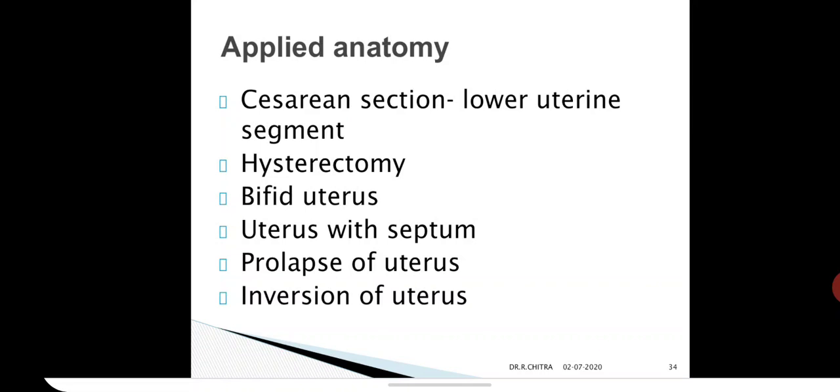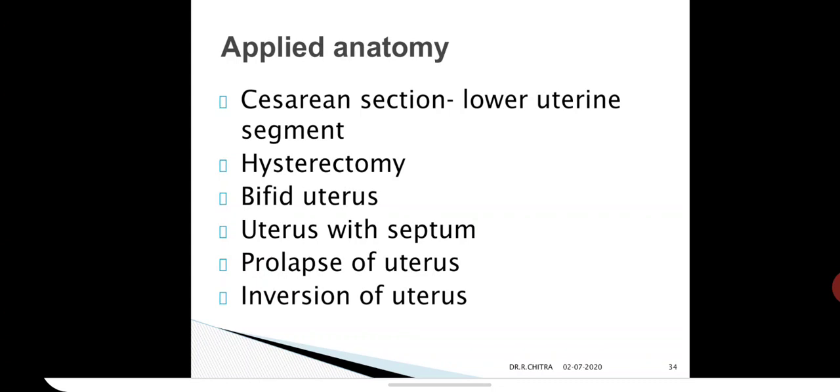Now we have seen that the support of the uterus is very important. If the support is defective, it will cause prolapse of the uterus. It is grade 1 when it descends slightly into the vagina, and if the fundus is coming out, that is complete prolapse of the uterus, which is rare nowadays. But when we were medical students we saw complete prolapse of the uterus lying outside the vagina, because the multiparity of females has been reduced in recent generations.